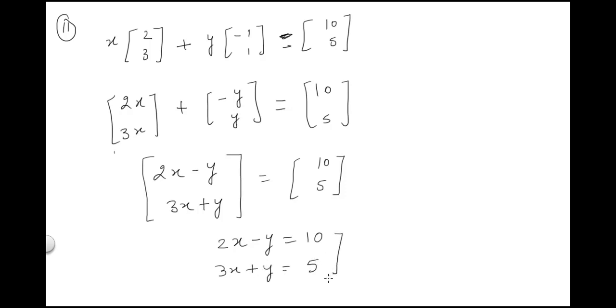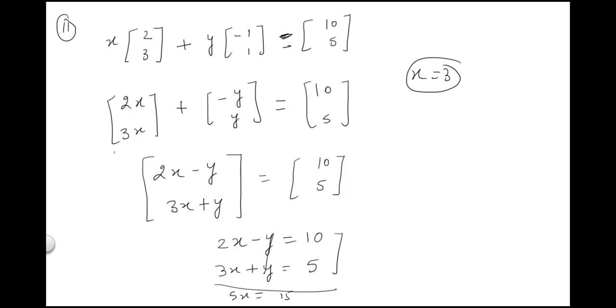Now here either you use substitution or elimination, or we can just add these two equations. So y and y will get cancelled. 3x and 2x is 5x equals 15. So when we solve, we get x is equal to 3. Using x is equal to 3, putting the value of x as 3, we can find out the value of y from these equations. Clear? So this is how you had to do question number 12.